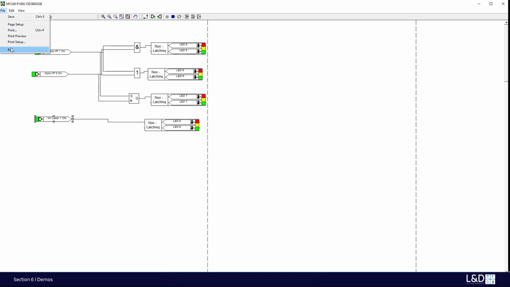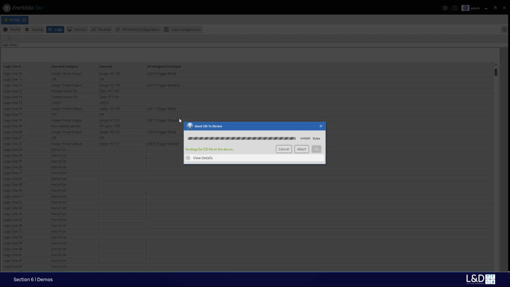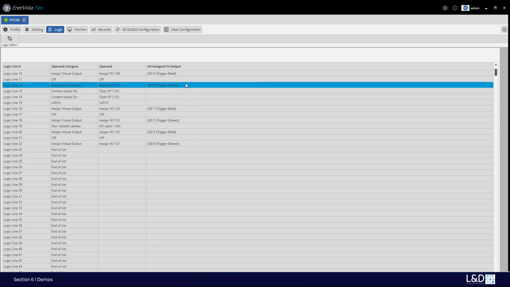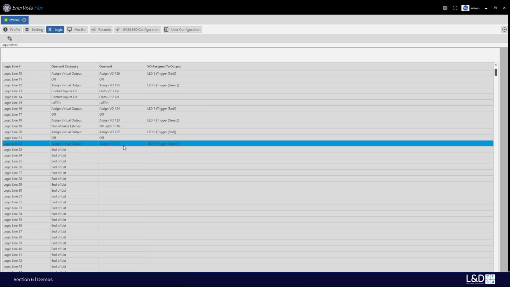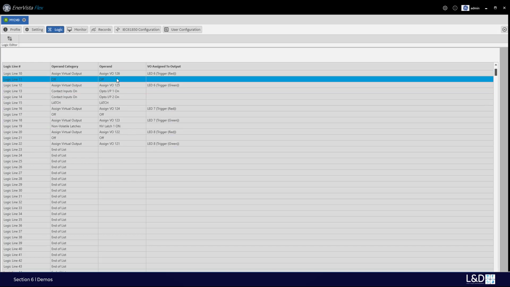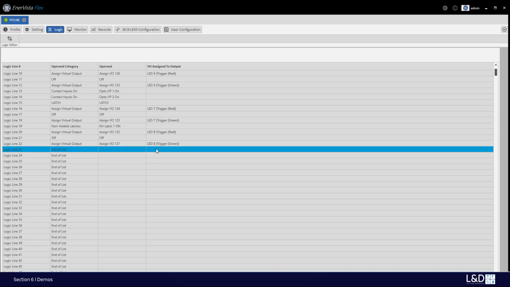Then once we close this PSL Editor, these are compiled, and for now I'm connecting this to the relay, so this CID file is sent into the relay. Once we see this CID loading in progress until the OK button becomes solid, then we can click OK. Then we can see the reserved virtual outputs from 121 to 126 are being assigned for the different